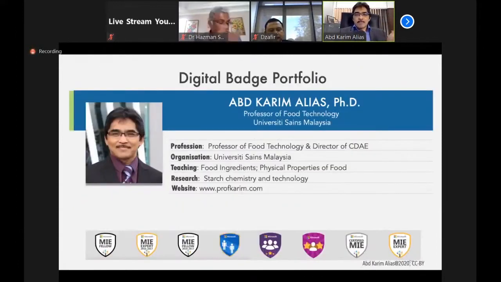So this is one example. Depending on the platform that you use for your MicroCredential, each student will have their own dashboard or e-portfolio, so they can display proudly all the digital badges that they have collected. In this example, you can see the student is a very good student because he has many badges here. And these are real badges, actually from Microsoft. And it's real badges that I have collected from Microsoft, I'm proud to say.